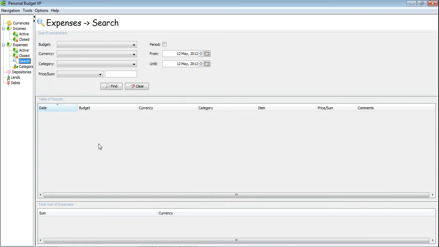Search panel in the expenses section gives you possibility to search expenses and count the total sum of the search result. For example,